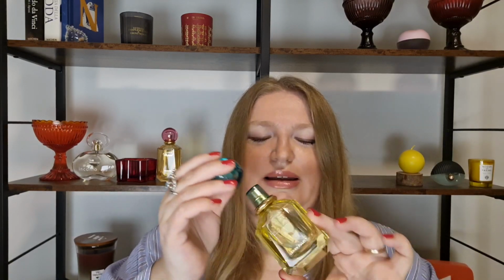So the next one is the bottles with a flaw, and the flaw is not caused by the user. At least I don't feel that I caused the damage to the bottle, because I do have a similar bottle and it's perfect. So I'm gonna show you this one, and I don't even feel like I have to complain, because it's almost done. The fragrance is beautiful, I love the fragrance, but what is happening here is that this cap